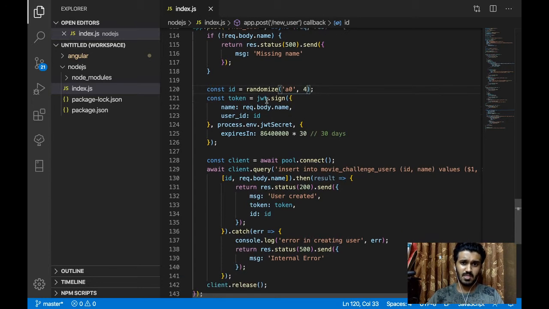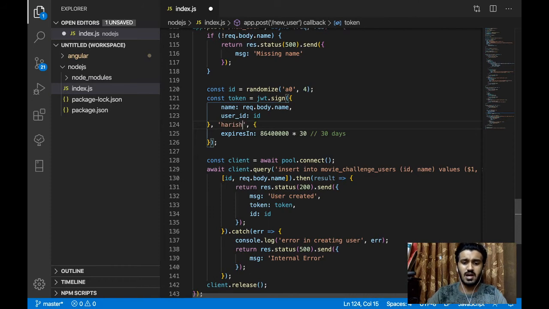And we are going to sign a JSON JWT, so that it will create a token embedding our name, which is given from the post call, and the user ID, and